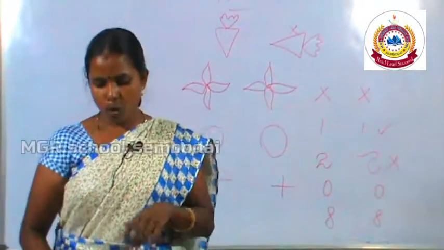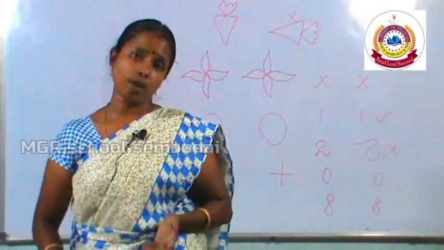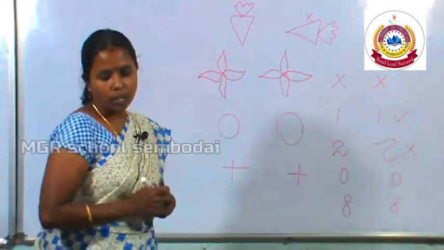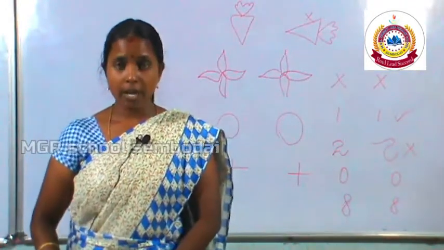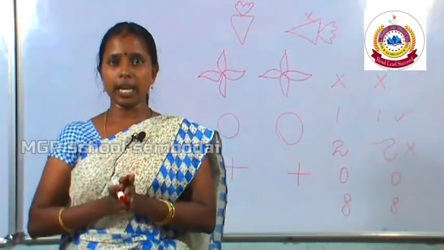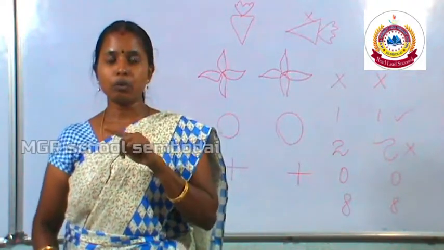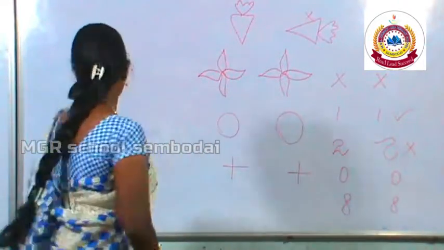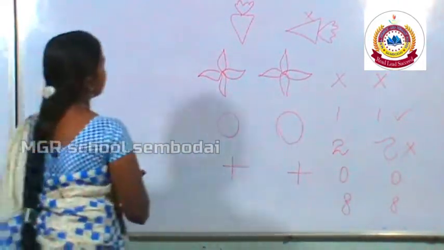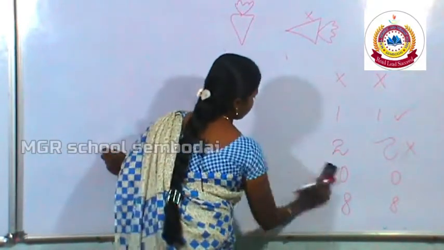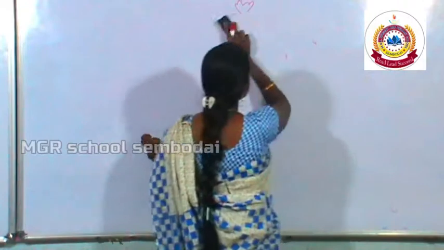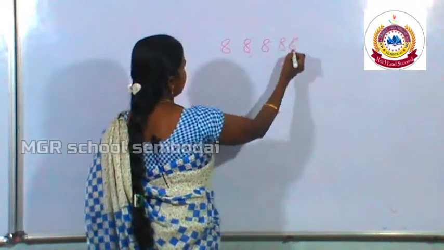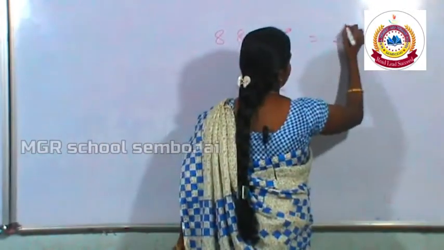How are the following numbers changed after the half turn? There is 8, 1, 0, 8. First one: five 8s are given. You have to turn the 8 by a half turn, so it will look like the same answer. There is an 8, the answer will be the same.